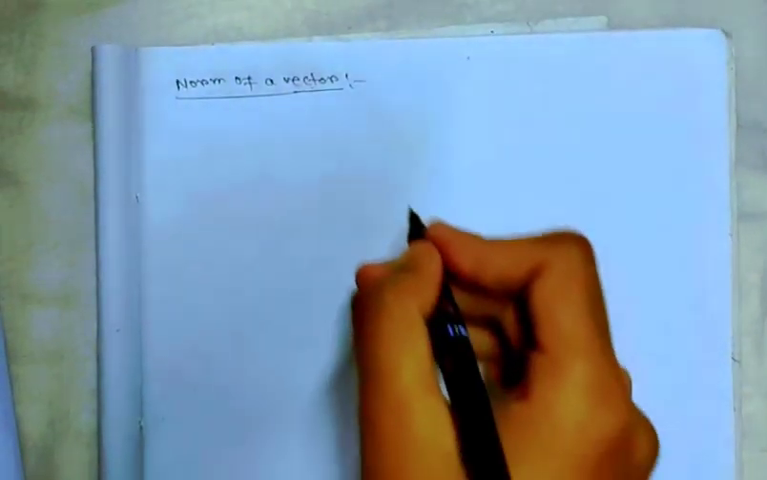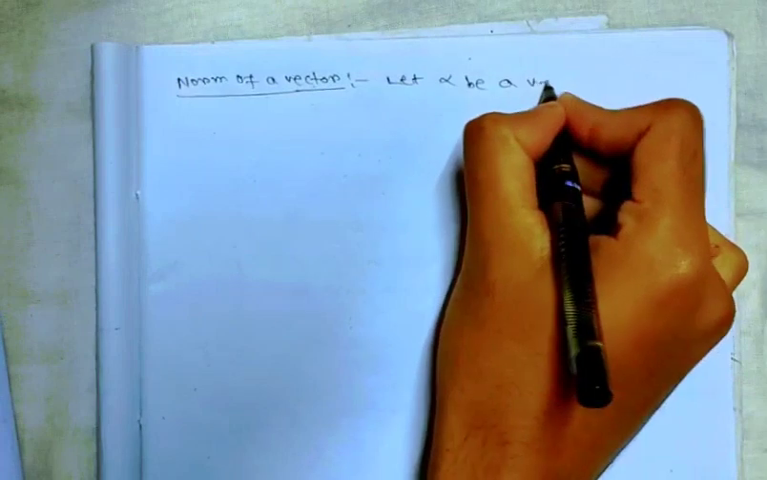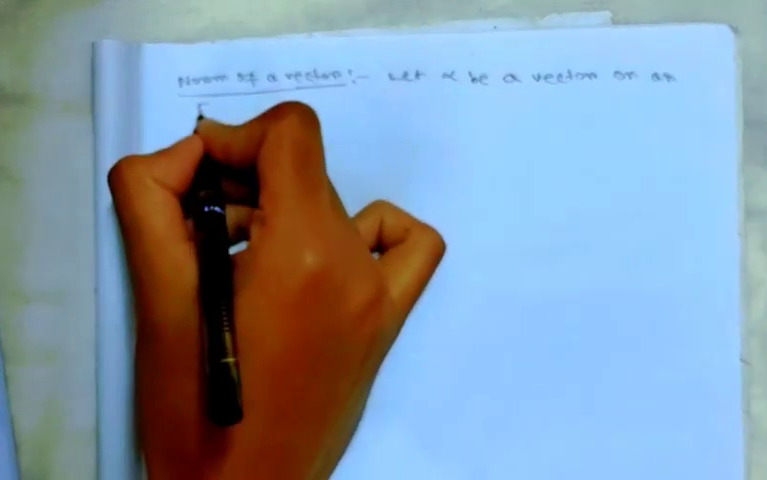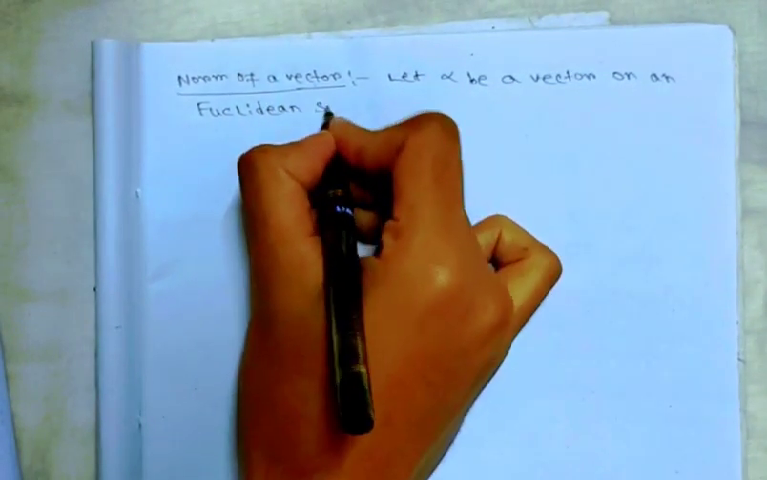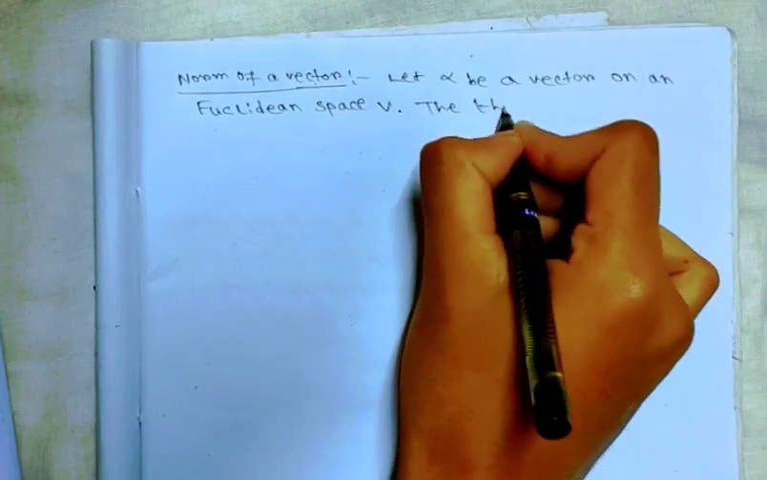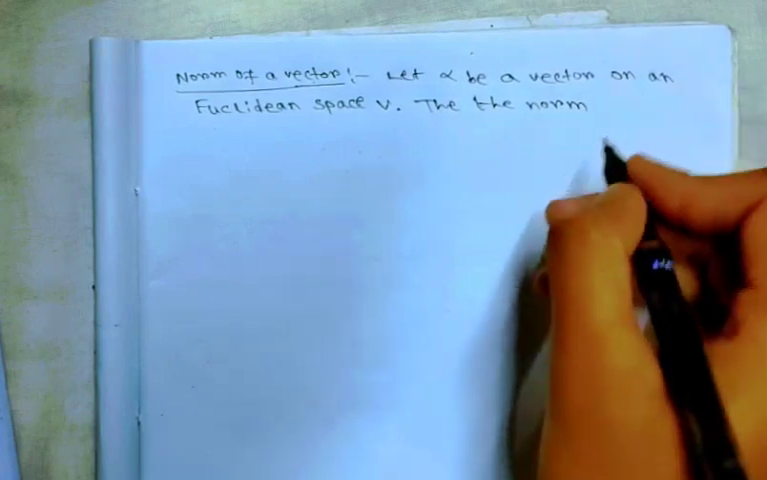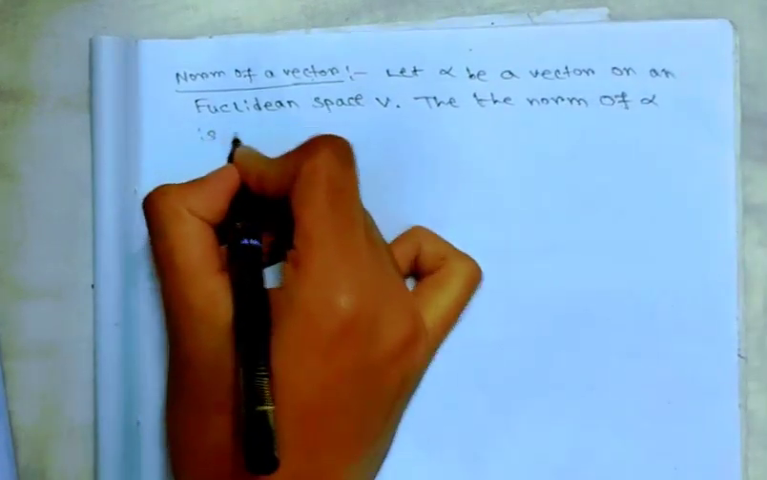Norm of a vector. First of all, definition. Let alpha be a vector on a Euclidean space V. Then the norm of alpha is defined by,